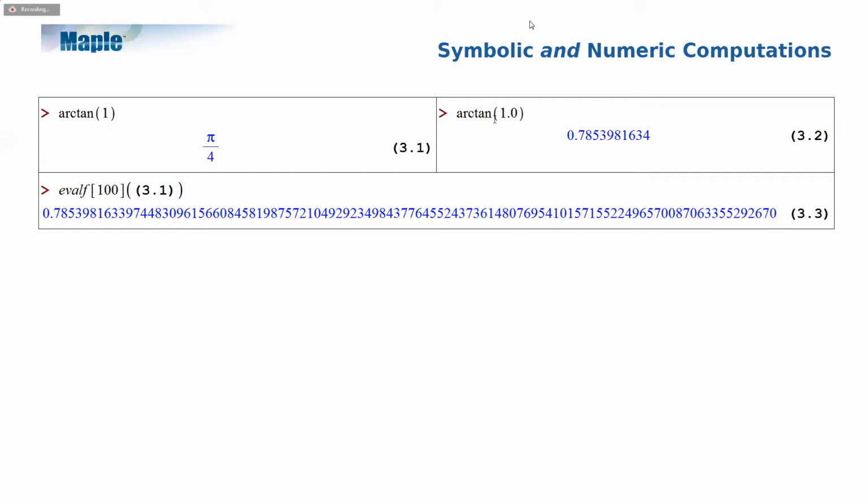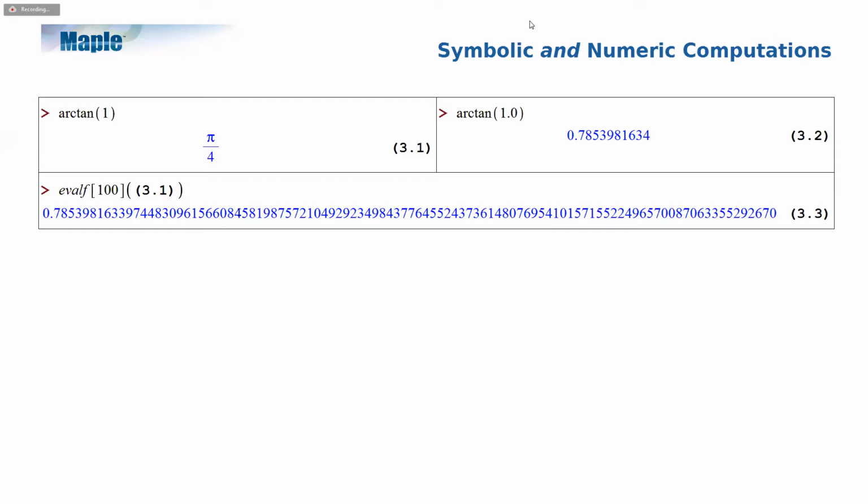Now if we did the same calculation in the floating point domain, arctan of 1.0, we get this result back with 10 decimal points of precision. So arctan of 1.0 is equal to 0.785398 and so on. Now the power of Maple is that it not only allows you to do symbolic as well as numeric computation, it allows you to do so with arbitrary precision. On the next line here, evalf is a command in the Maple language for evaluating using floating point arithmetic. So we do evalf of 100 of the result on this line, and this is pi over 4 approximated